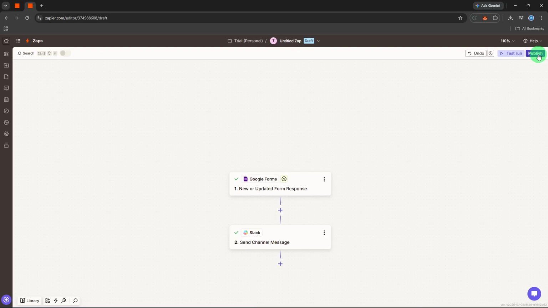You just set up a Zap that sends every new form submission straight to a Slack channel, so your team gets real-time alerts without anyone manually checking the form. Next, you might want to explore adding a filter or branching to different Slack channels based on the response. If you ever need to